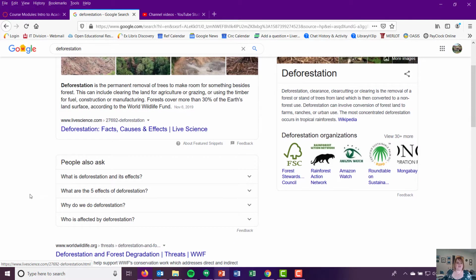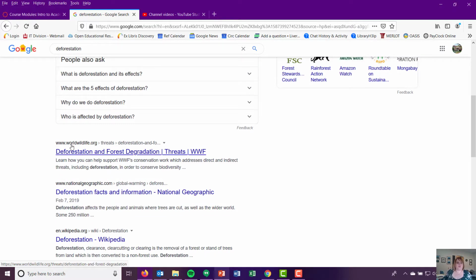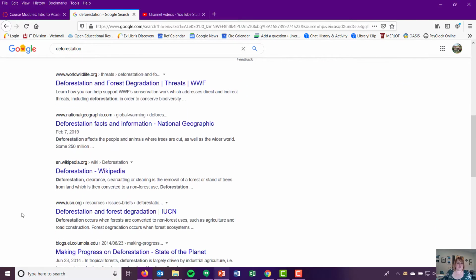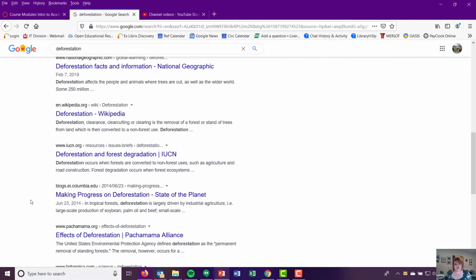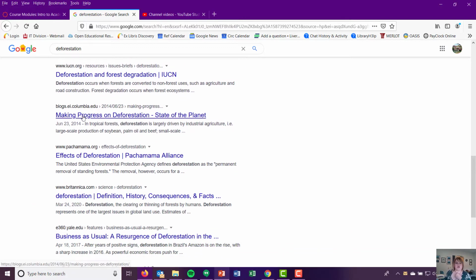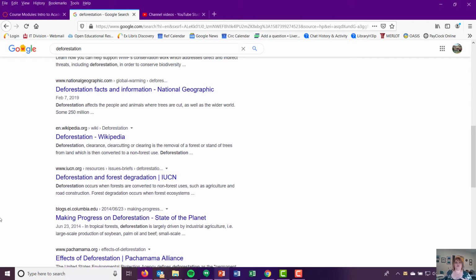websites. So you get livescience.com, worldwildlife.org, National Geographic. You get Wikipedia in there. You do have this blog from Columbia University. These aren't necessarily bad or inaccurate, but you're going to have to do a rather thorough investigation of their bias, their credibility, of who they are, where they are getting their information,